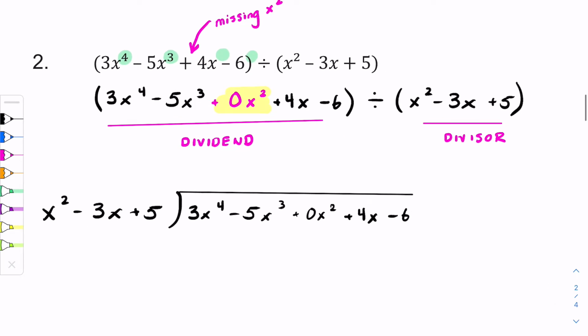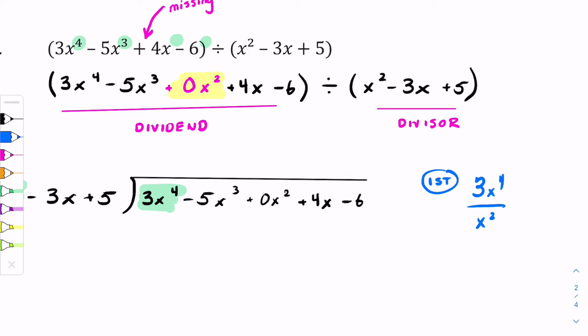We do the same process we did before. Look at the first term and the first term. This is going to give us the first term of our quotient. We have 3x to the fourth divided by x squared. Eliminate your common terms, you have 3x squared. I'm going to line that up with my x squared term,